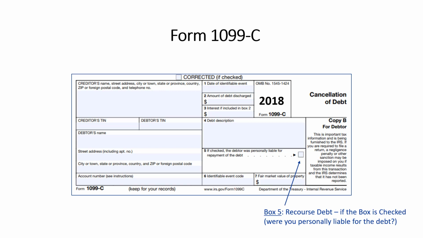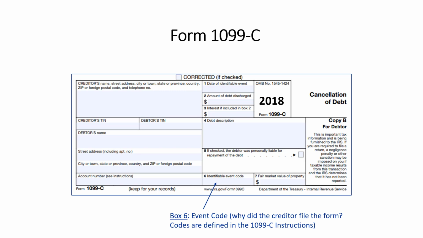Box 5 indicates if the debt was a recourse debt. Now remember, if the box is checked, this means you were personally liable for the debt. Box 6 lists an event code. The event code, why did the creditor file the form? And the codes are defined in the 1099-C instructions.